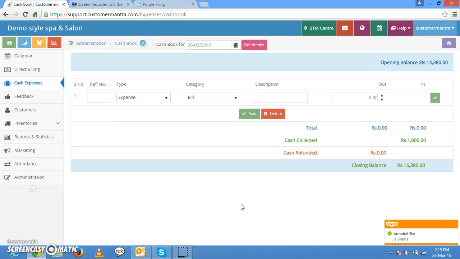Now, cash expenses is a tool which is very similar to an account book. So what this does is that it keeps a track of all your accounting system. Now, with our system, when you bill a customer either by calendar or by direct billing, you bill the customer and collect payment. It could be via cash, it could be via credit card or debit card, or maybe any